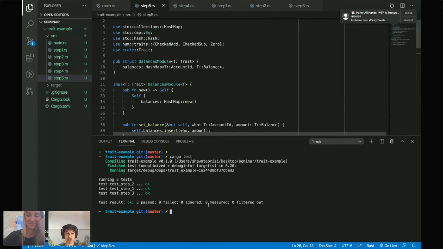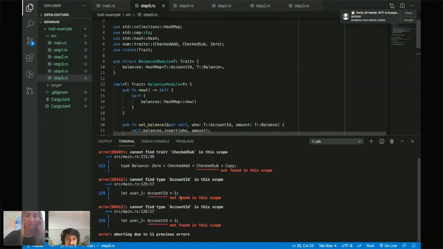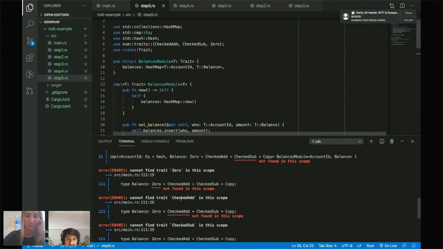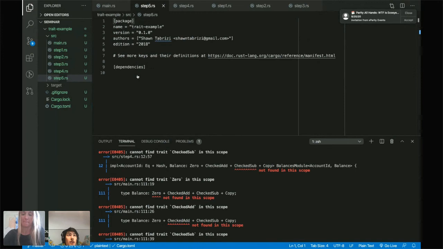Let's try cargo test. We'll get some errors. Okay. Oop, there are some things not defined. I just need to import the num into my crate Cargo.toml file. Okay, so I have some dependencies here. I think I need to add num. Let's see how I do it in my example project.